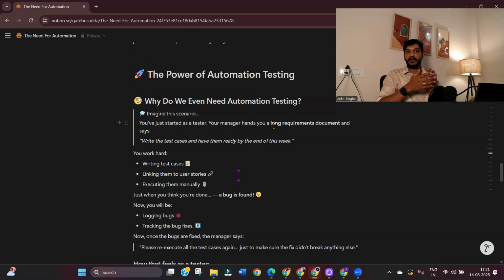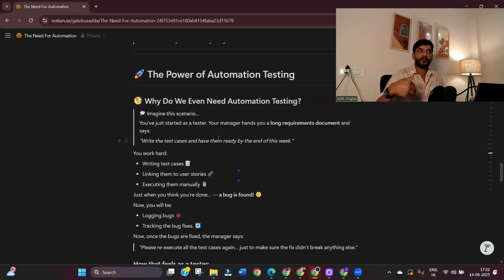Okay, suppose, for example, an add to cart button is there. So that add to cart button will have its description in the requirements document. Its description has been given to the developers. By reading the description, the developers have implemented or created that button or functionality basically. Your duty is to check that that button is working as per the document. Okay, all right. So basically, these different scenarios you will have to write as test cases,